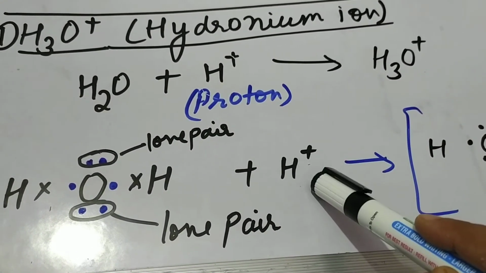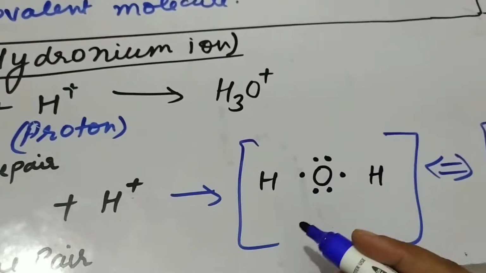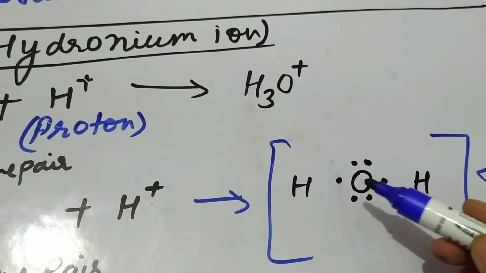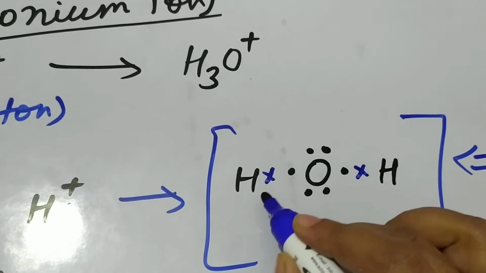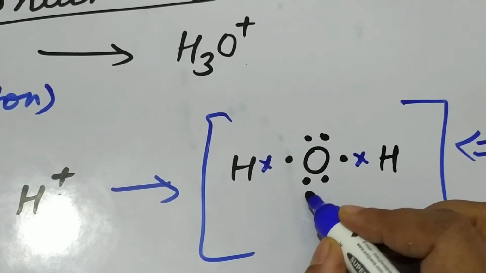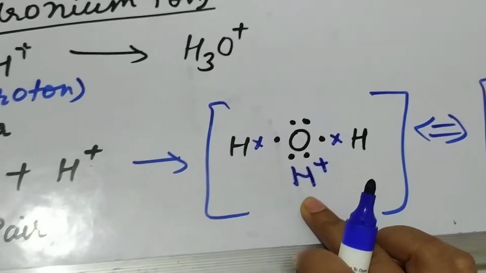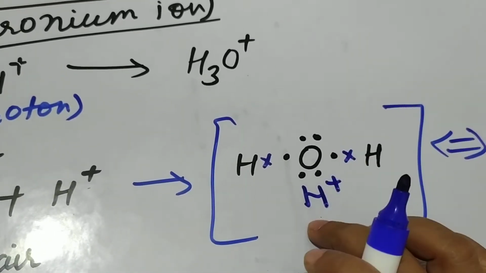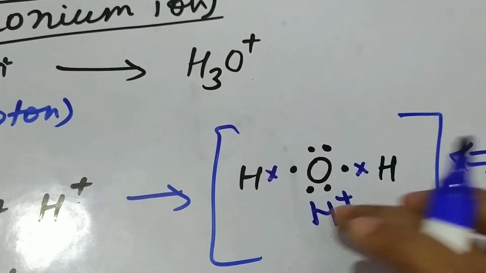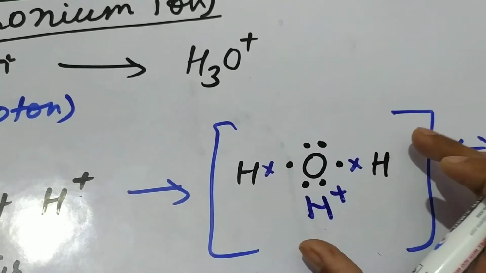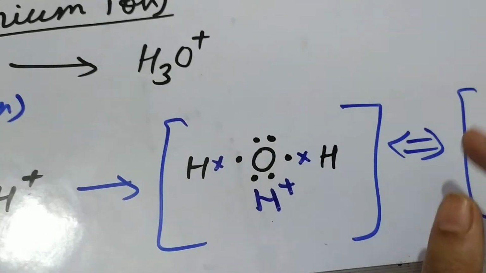Now when you add proton, what will happen? Now how will we draw the structure? Let's see. This is hydrogen, this is oxygen with 6 electrons having 2 lone pairs of electrons. Now one electron of hydrogen is shared with each of the hydrogen atoms, and now one lone pair of electrons is given by oxygen to this proton because this is devoid of 2 electrons. So it will stabilize the proton and in turn it will stabilize the water molecule. So this is the electron dot structure of the hydronium ion, and now either you put a positive charge here or you can put the positive charge on the outside also.